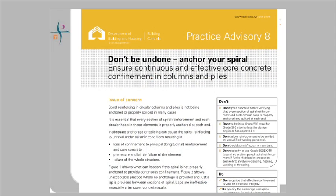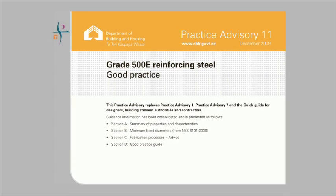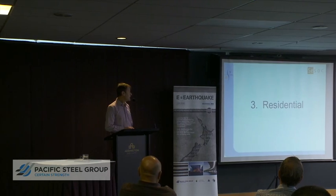There's been a bit of practice advisory out there, so MBIE or DBH as they were have put information out about that. This is actually about anchoring spirals properly in piles or columns. But there's a lot of good practice guidance out there about using grade 500 steel. I was going to say, and I think there was about some of the other stuff as well, but that'll tell you about those, the different sorts of steel exactly as we've been through. In the residential space,